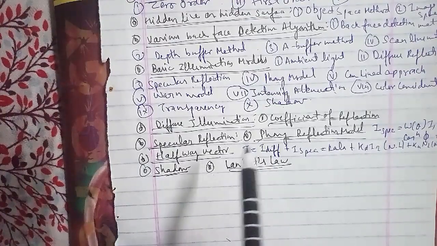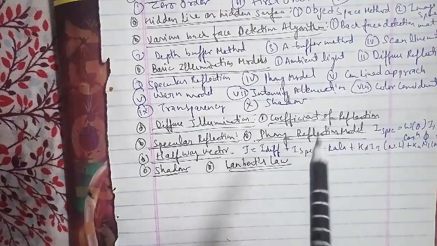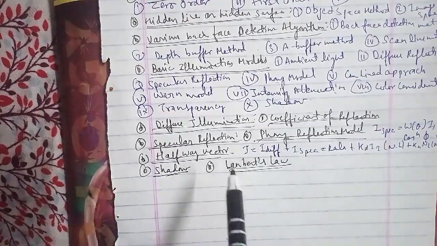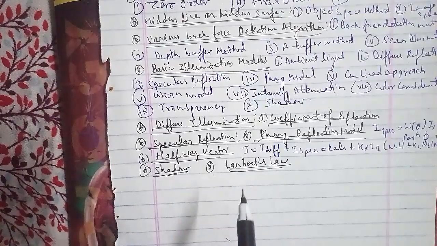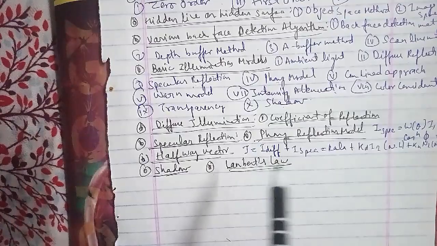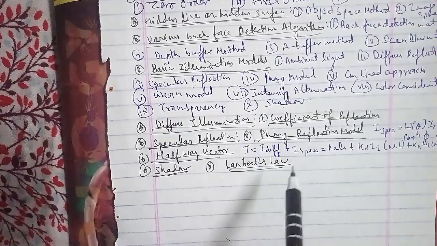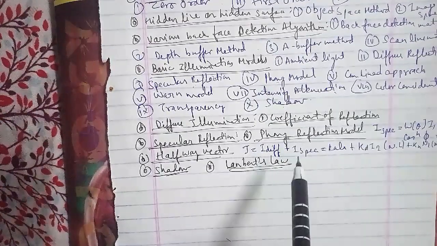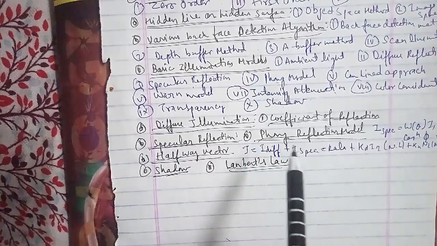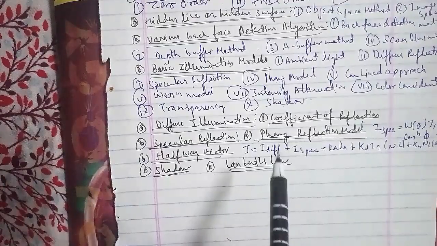The other question: the angle phi between the vector r and the vector v is called dash angle. The angle phi between the vector r and the vector v is called the viewing angle. So the answer is viewing angle. The other question: the interpolation curve is a mathematical representation of dash. The answer is ellipsoid.